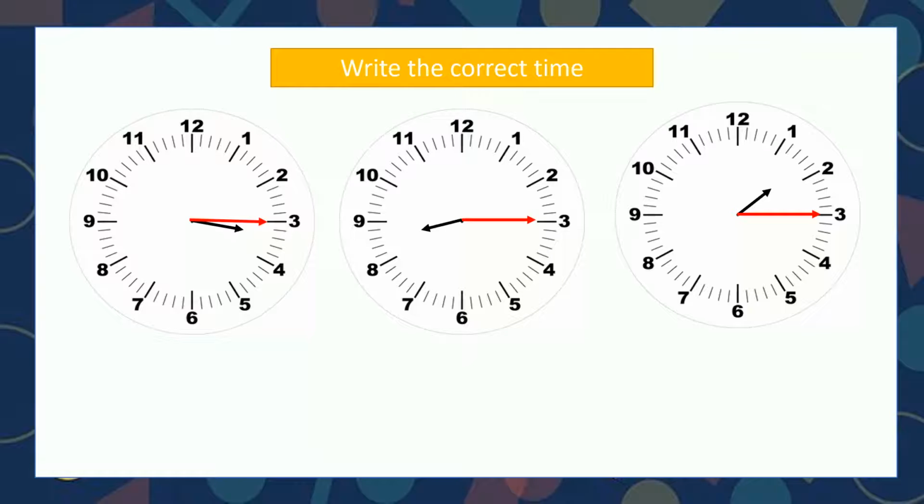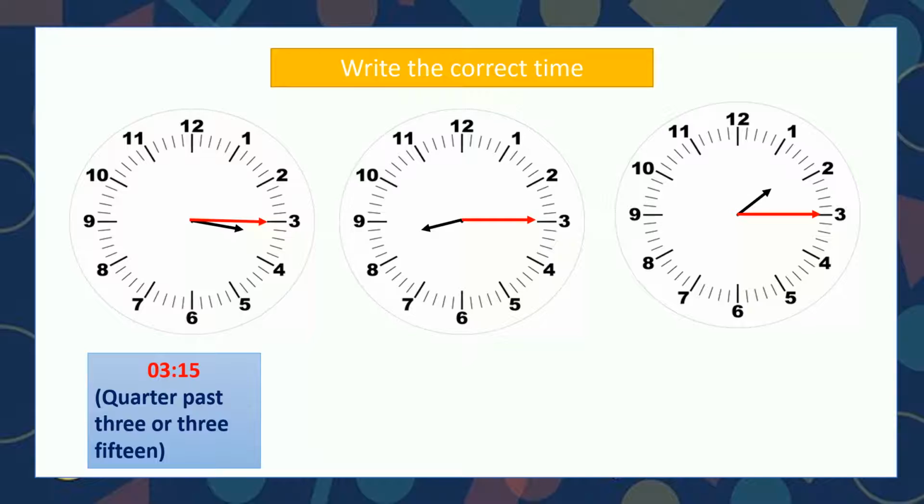The first clock shows the time 3:15, quarter past 3 or 3:15. 15 minutes has passed from 3 o'clock. So quarter past 3. The second clock shows the time